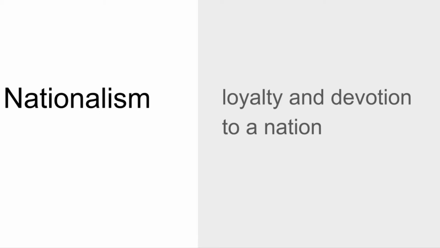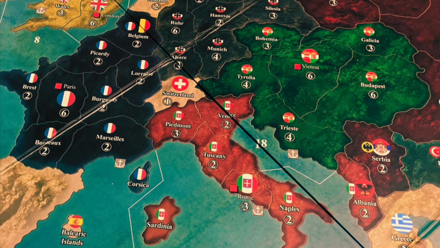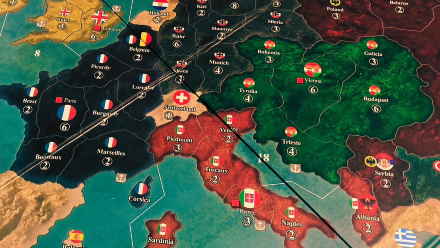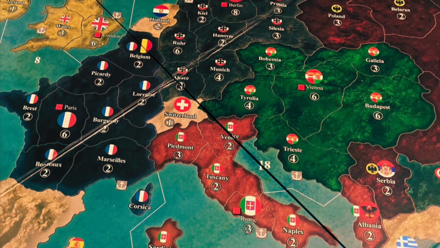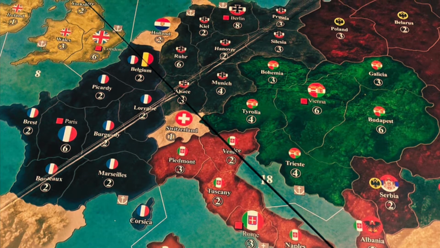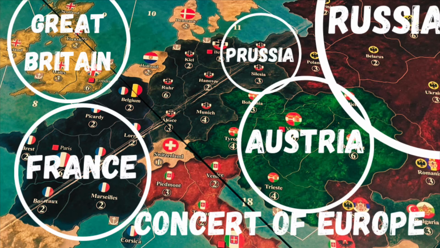Merriam-Webster defines nationalism as loyalty and devotion to a nation. We'll start our discussion about nationalism with a pushback against nationalism. In the early 1800s, on the heels of the French Revolution, Napoleon Bonaparte conquered mainland Europe. After his misstep of invading Russia resulted in Napoleon's rapid fall from power, the leaders in Europe met and created the Concert of Europe to